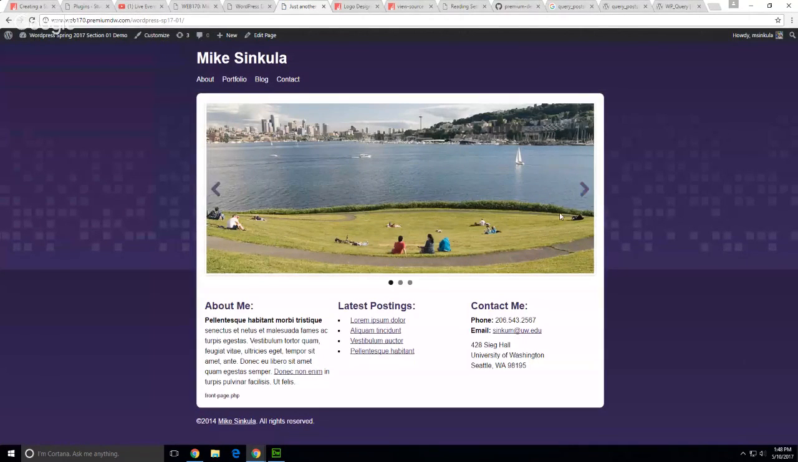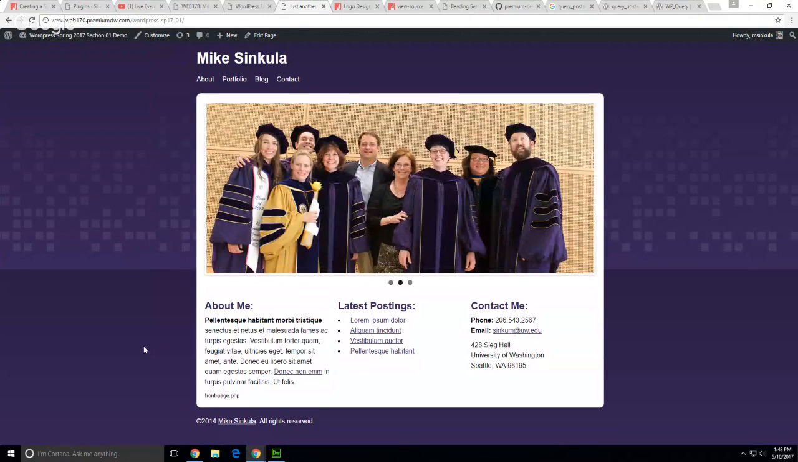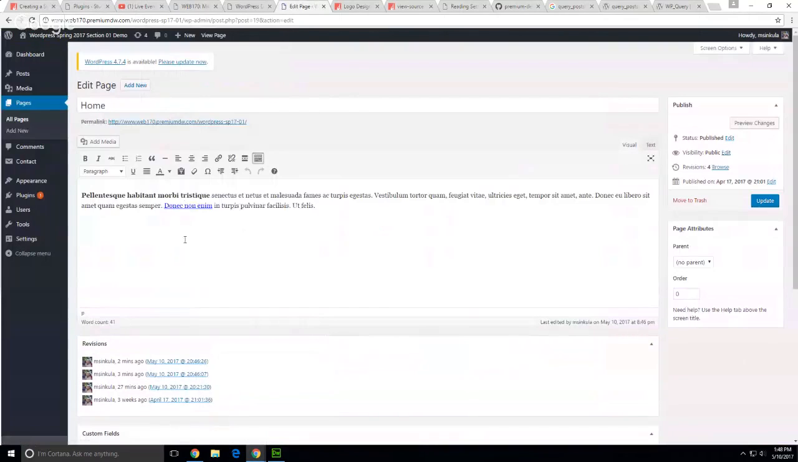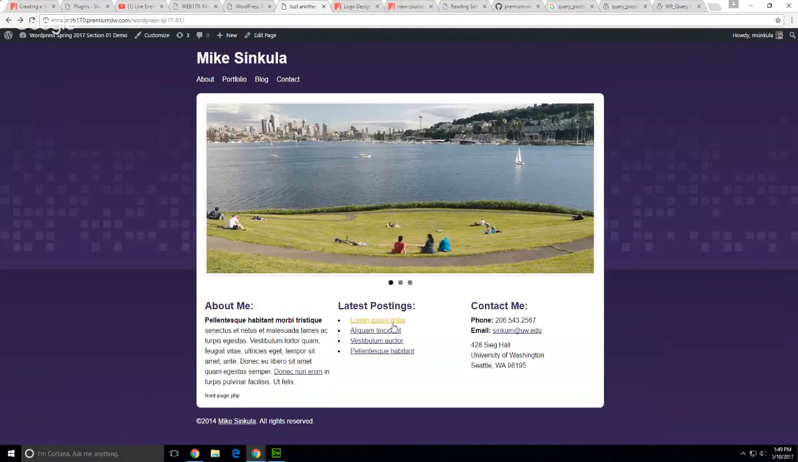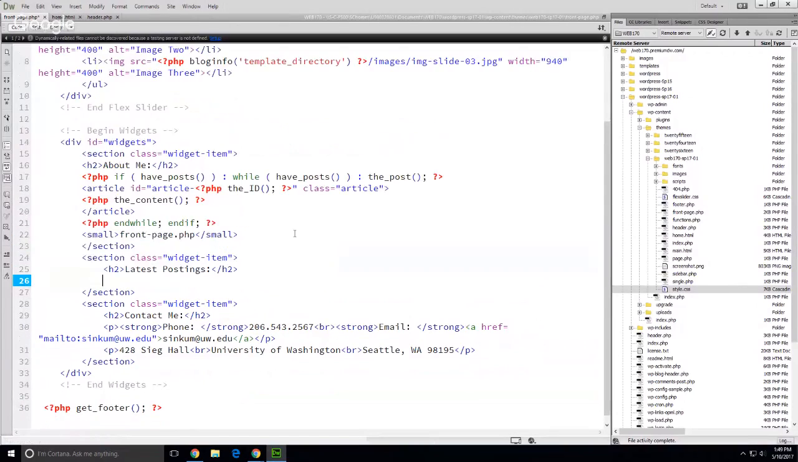And now my flex slider works. Okay, so again, this is pulling from the text editor on the home page here, right? So the next thing is here for latest postings. Right now this is pulling dummy content. Okay, so instead of dummy content, I still want to have